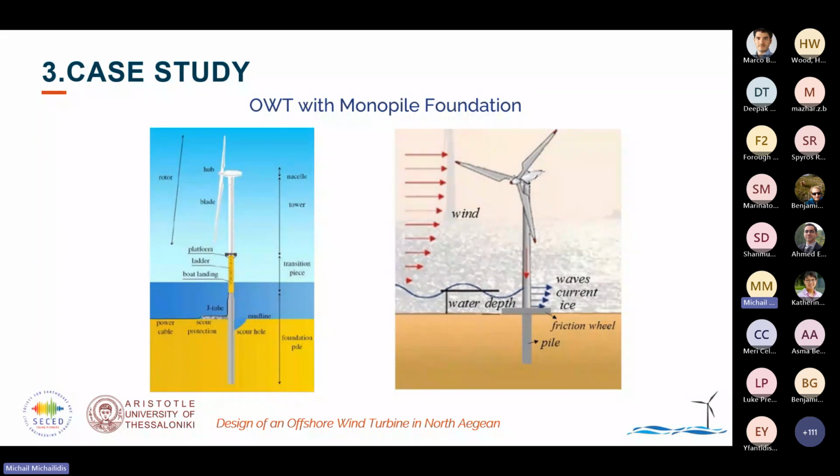Moving now to the parts of an offshore wind turbine with a monopile foundation. This can be deconstructed into 3 main parts. We have the monopile as the substructure, moving later to the transition piece that connects both the monopile and the tower of the wind turbine. So the tower is the next part, and on the top of the tower we're reaching the RNA assembly, which consists of the rotor, hub and blades, plus the nacelle assembly.